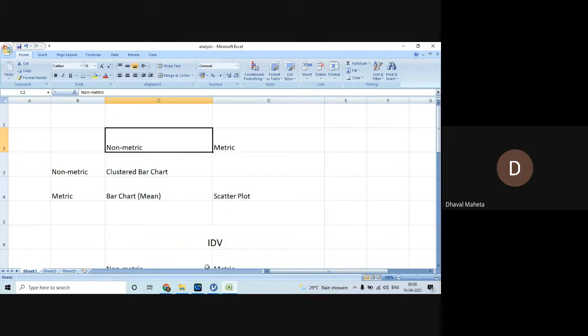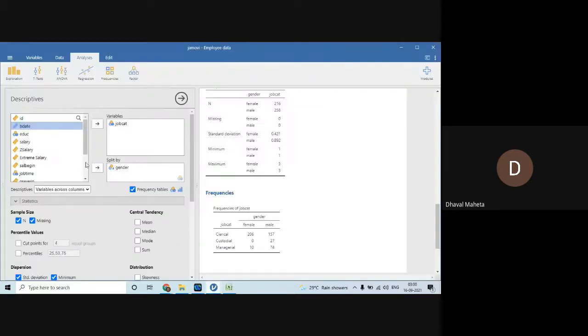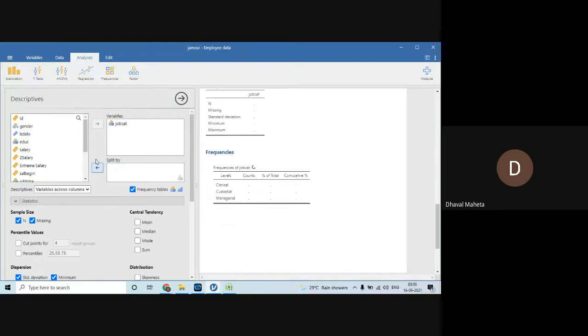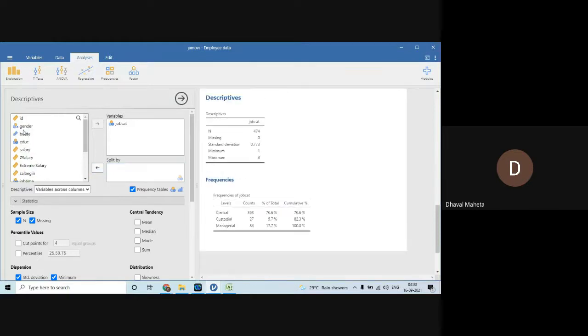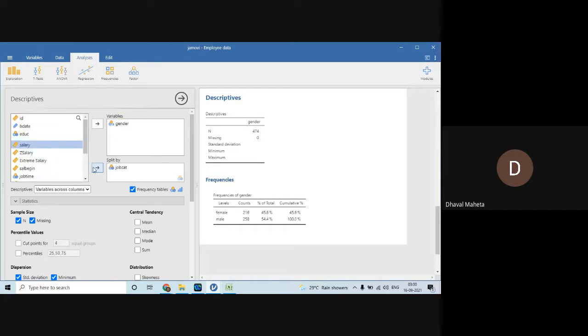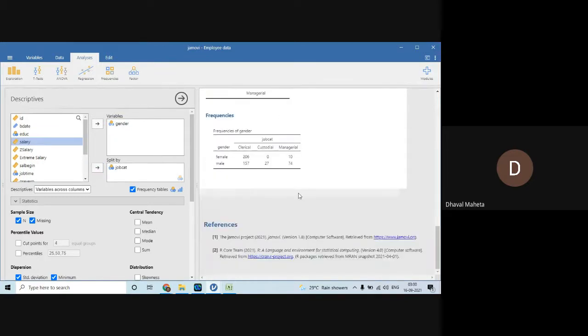In the same example, if I say that gender is here, nothing will happen. Rows will become columns and columns will become rows. It will transpose. There will not be an issue.